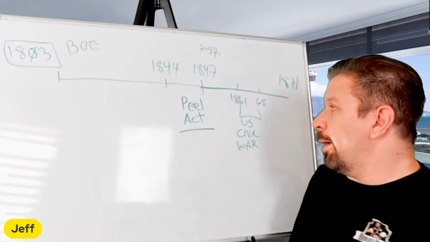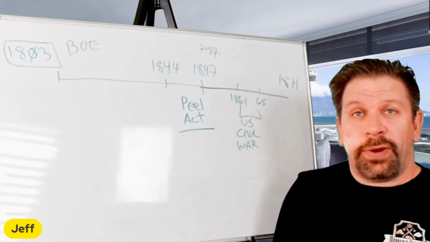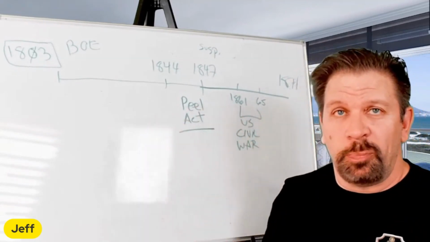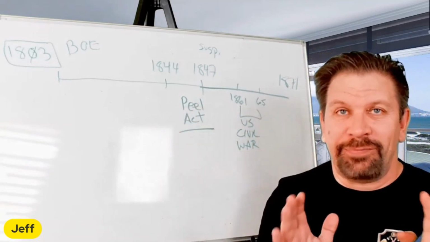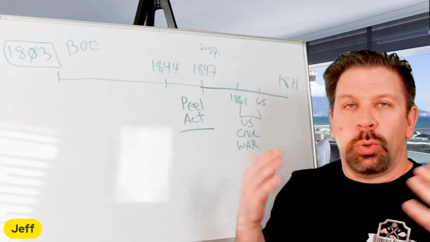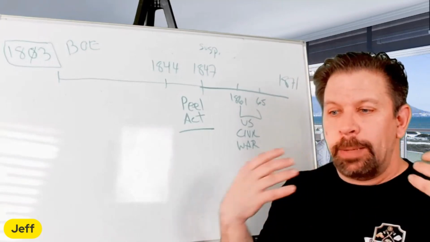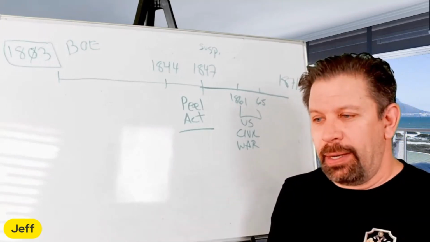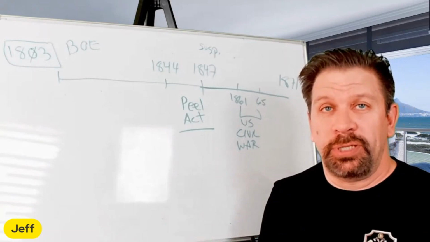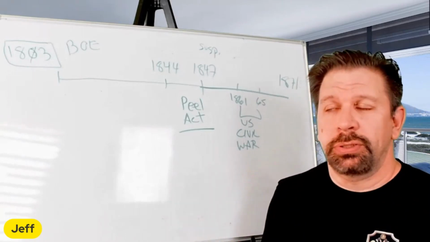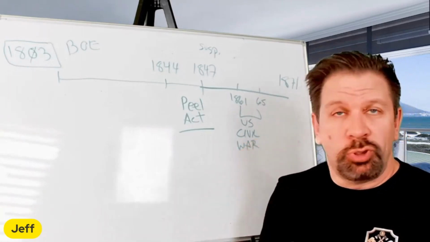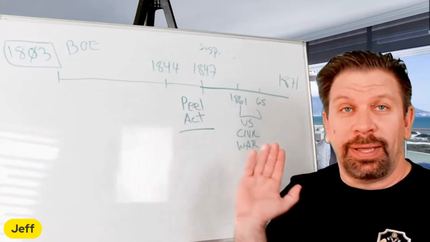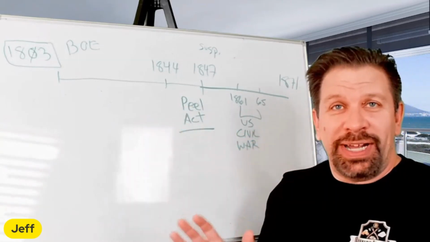During that time, England and France were supporting the North and South because it was really an economic war. It was not a slavery war. It was an economic war. The North had a lot of industrial capabilities, a lot of factories. The South had cotton and a lot of crops and raw materials. So Europe took, again, England and the United States.